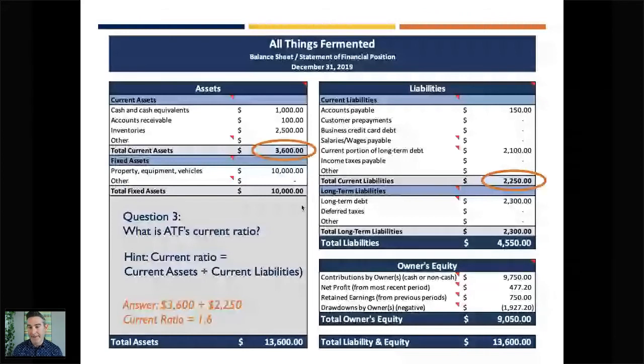And for the current ratio, you could just subtract, and say you want your current assets to be bigger than your current liabilities. Or you could divide them, and basically you want to see a current ratio that's greater than 1. As long as this current assets number is greater than your current liabilities number, then your current ratio will be greater than 1. If it's less than 1, the reverse is true, and that means you're in trouble. Your current liabilities are greater than your current assets.